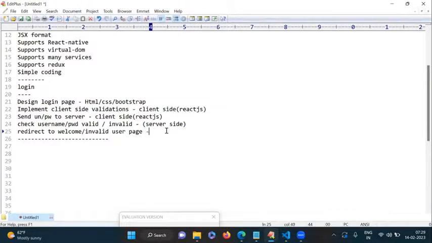It is connected with the database and checks whether this username and password is registered or not. Once it is successful, the username and password are valid, so from the server side they send one value. If it is invalid, another value. Based on that, we navigate to either the welcome page or the invalid page. Then again, we are taking the support of the client